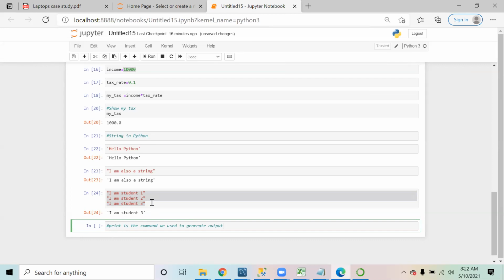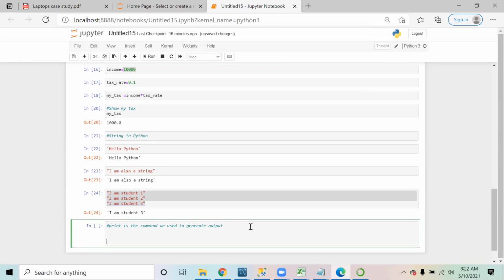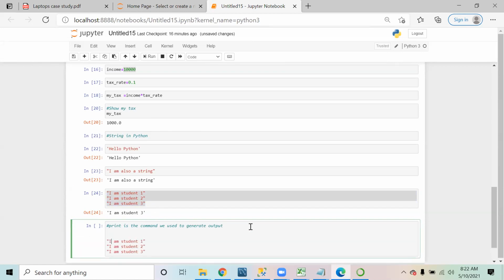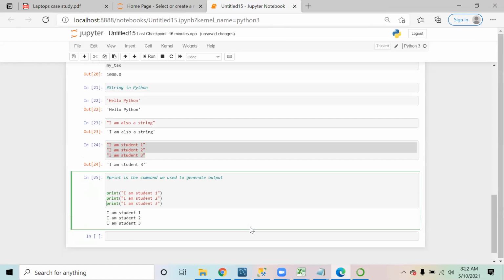For example, if I just copy the same code and write it here, and outside this I write print. Now if you run this, it prints all three values.